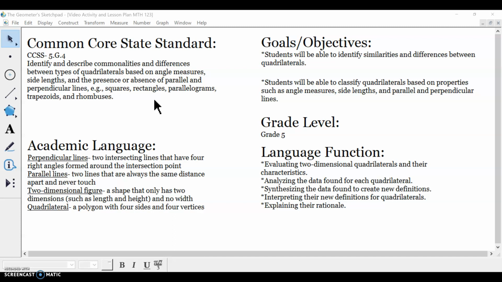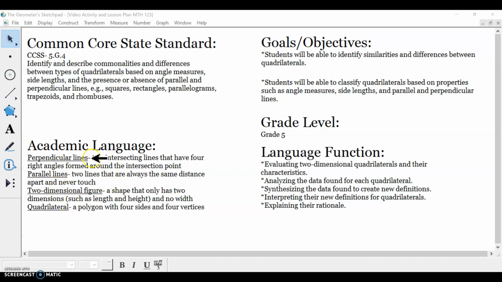Today we are going to be talking about the properties of two-dimensional figures, specifically quadrilaterals. The Common Core State standard that coincides with this lesson is standard G4, which states, identify and describe commonalities and differences between types of quadrilaterals based on angle measures, side length, and the presence or absence of parallel and perpendicular lines. The academic language that we will be using throughout the lesson is perpendicular lines, parallel lines, two-dimensional figures, and